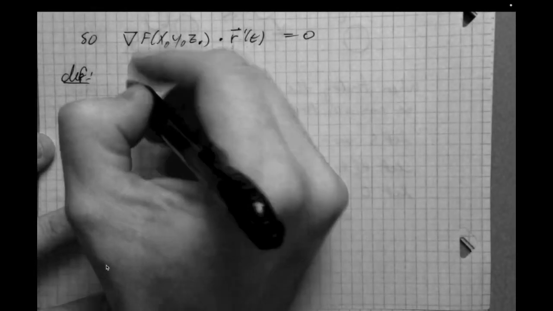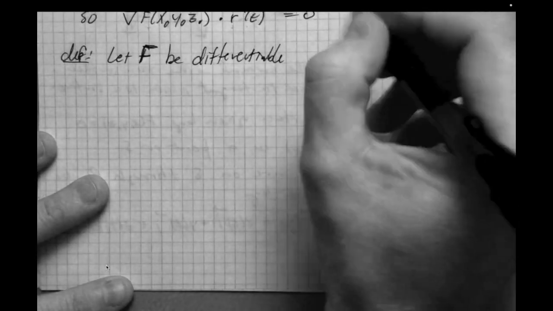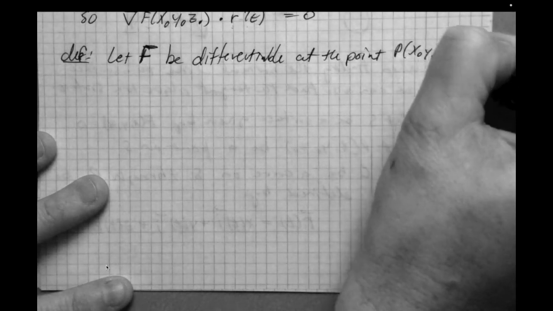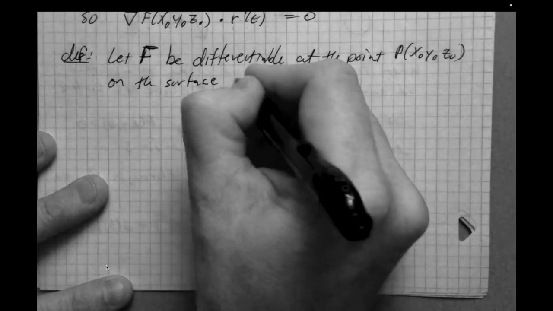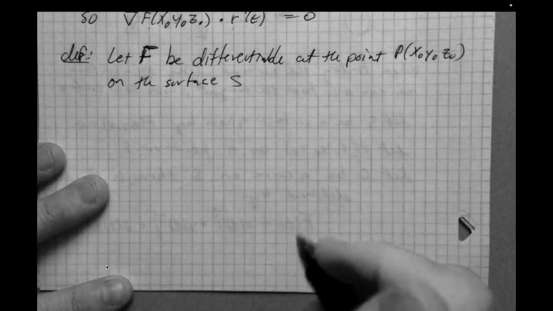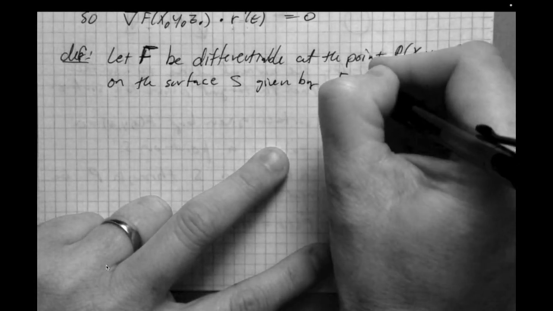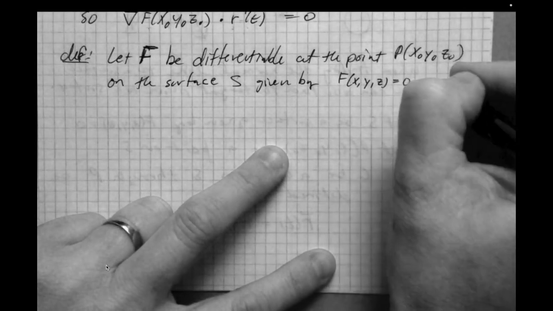Okay, so let big F be differentiable at the point P (x naught, y naught, z naught) on the surface S given by the equation f of x, y, z equals 0, such that